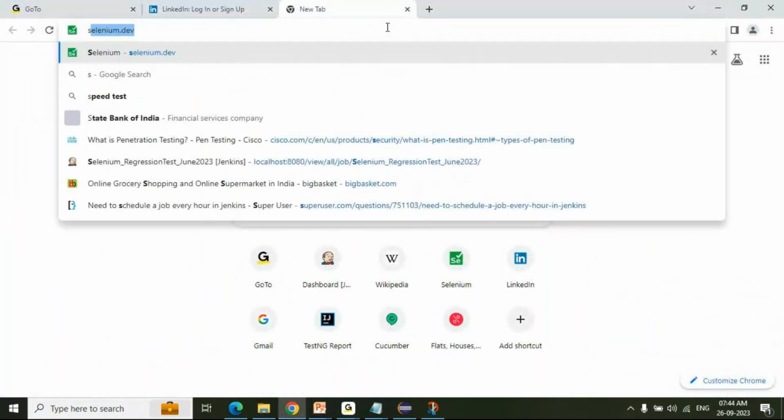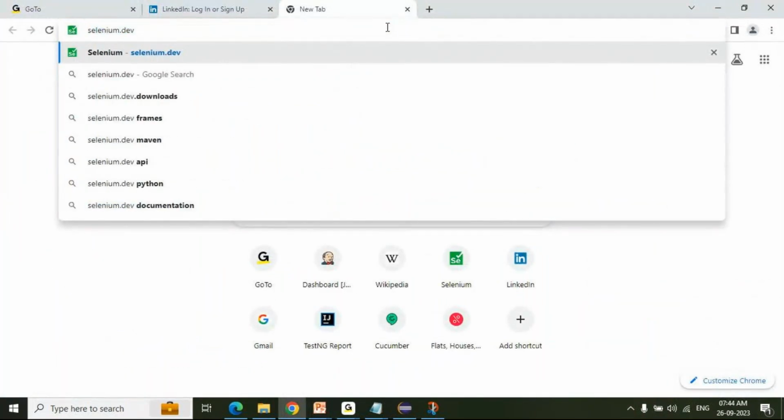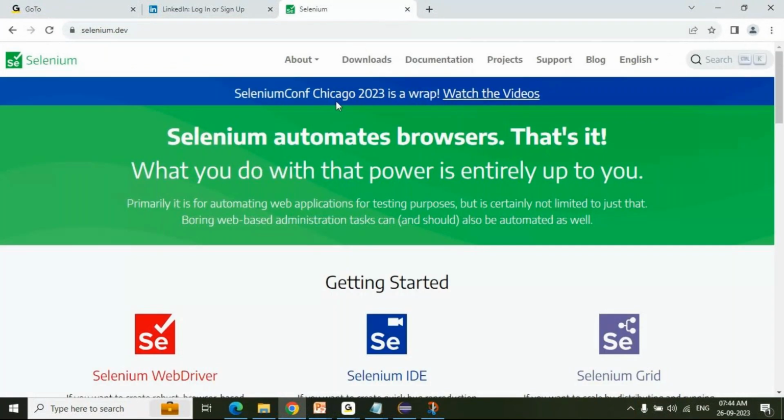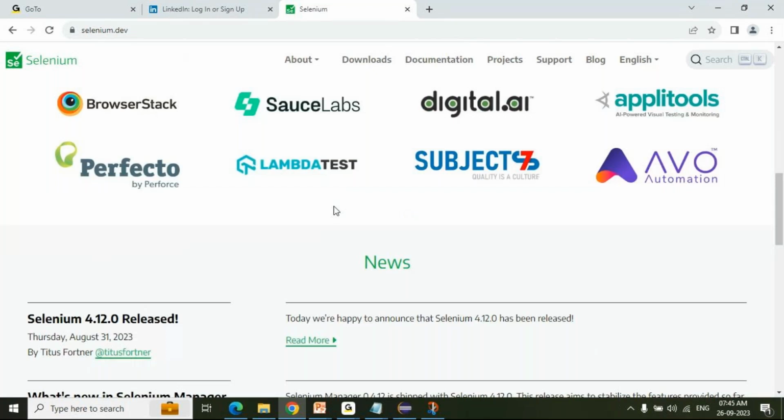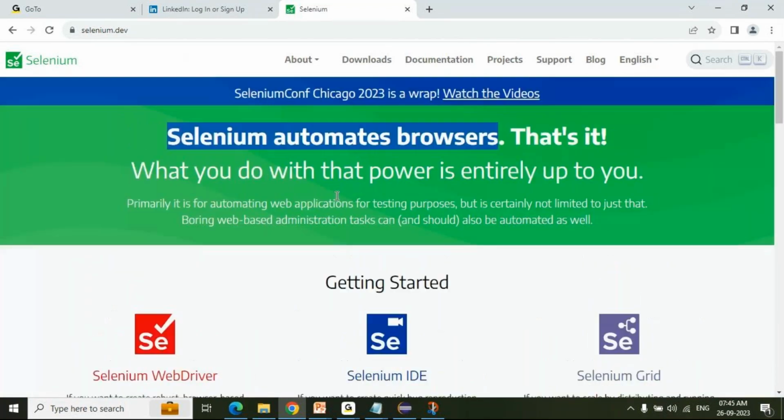Selenium.dev is the official site of Selenium, where you will find that Selenium automates browsers. That's it. It automates the browsers, and what you do with that power is entirely up to you. Whatever we want to do is up to us, but the primary goal of Selenium is to automate the browsers. A simple definition, right? And if you want to download, you can go to downloads,